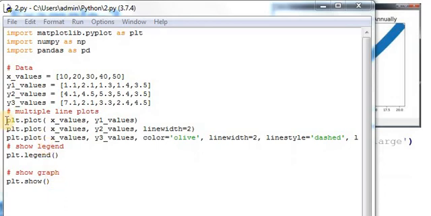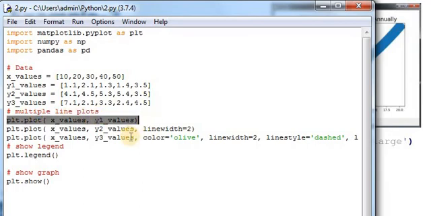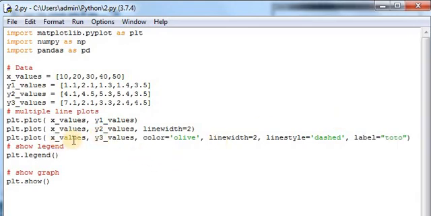Nothing else that we are doing, we are simply using plt.plot. In that, whatever the values of the x-axis and the y-axis are, whatever we want to plot, we just have to give as arguments. If we want to change the line width, we give the line width. All the 3 lines will be different from each other. That's why here I am giving other parameters like the values of x and y.